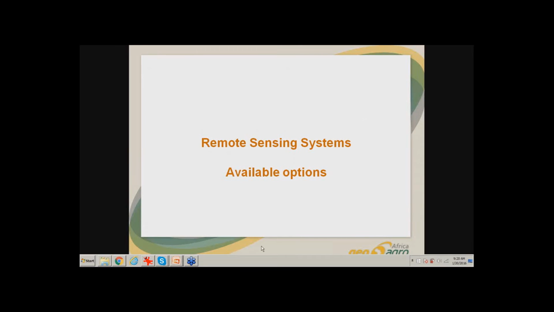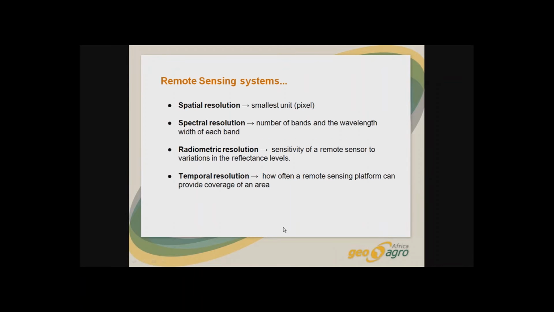We have remote sensing systems. We have several available options. Before we go into the options, we have to see how we characterize those options. So when we talk about remote sensing systems, we're talking about aircrafts,